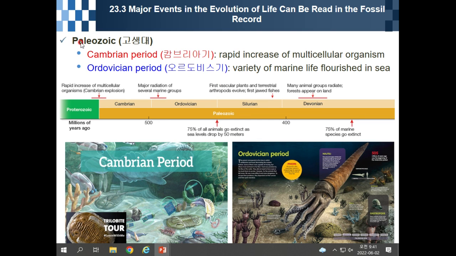Okay, let me start from the Paleozoic. Paleozoic is starting from the Cambrian period. Usually the Cambrian period is the starting point of the Paleozoic. At that time, there was a rapid increase of multicellular organisms. It happened especially in the marine environment. We see the last of the